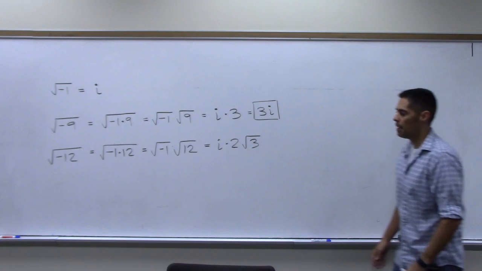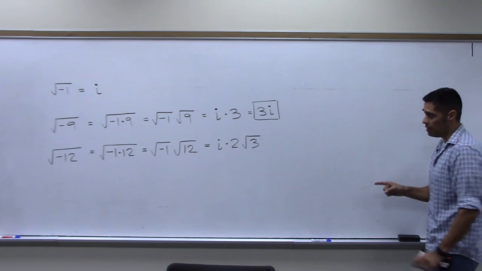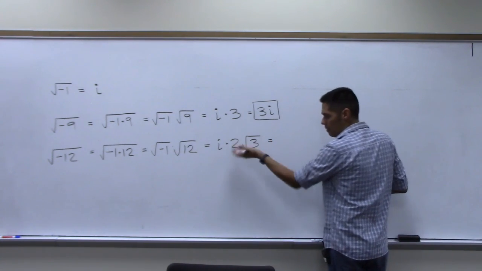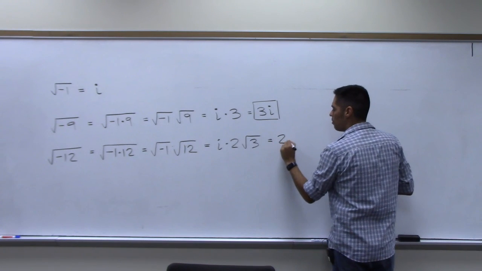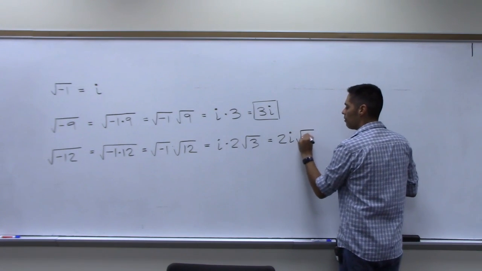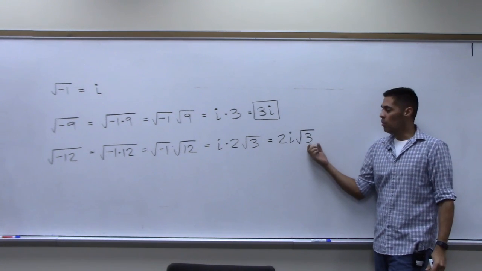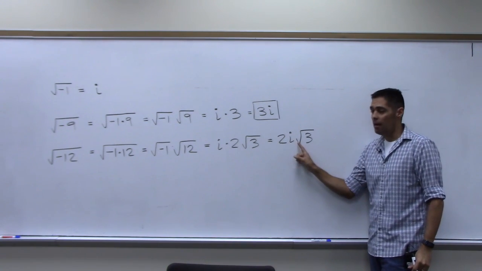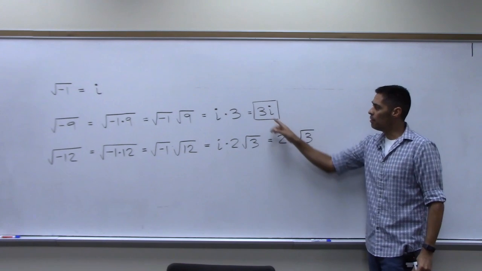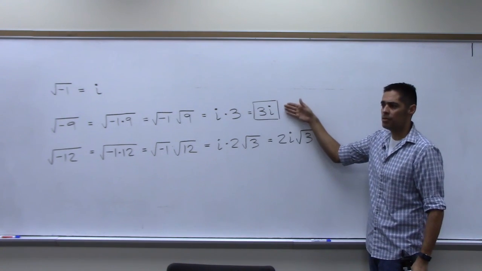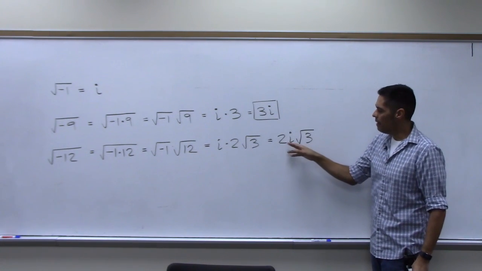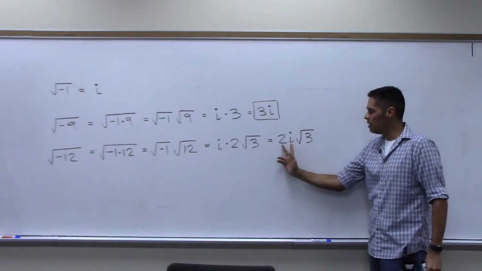Like this. And although that is correct, the way that we like to write this is 2i root 3. We always want to put the roots in the back. We always put the numbers in the front and i after it. So here we have 3i. We didn't have any roots, so we just wrote it like this. Here we have an i and a 2. We put those side by side, 2 in front of the i,